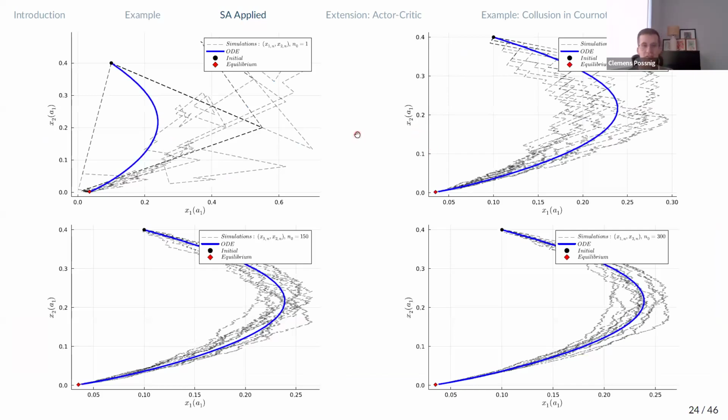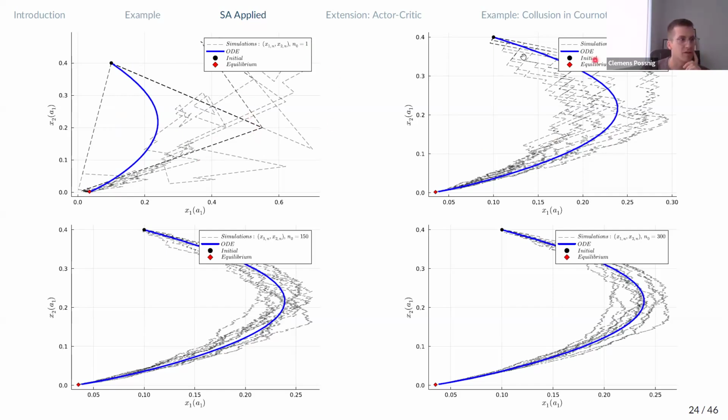So here is a visualization of this result. What I'm doing here is fixing the initial condition. It's always going to be 0.4 or 0.1. And we're looking at our stochastic fictitious play algorithm at different starting times, as it learns more and more, if you want. When we initialize at the very beginning, you can see that this process is kind of wacky. A lot of it still converges down here to the equilibrium, but it also goes all over the place.